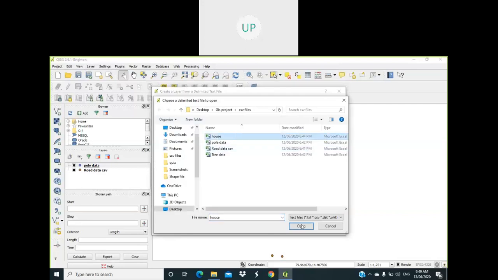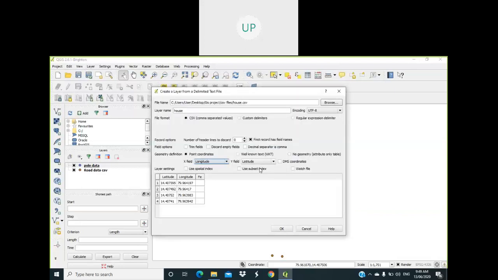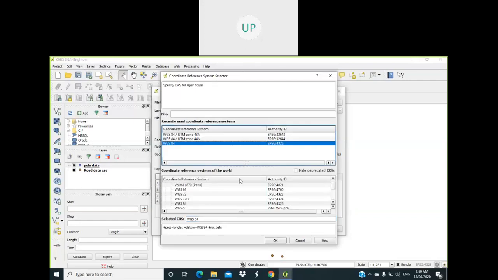House. Since these are old coordinates, we have to keep WGS 84.